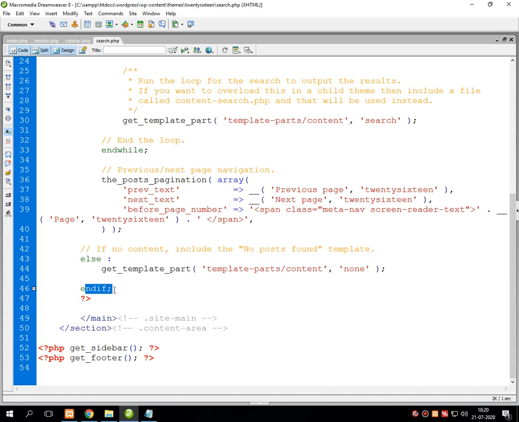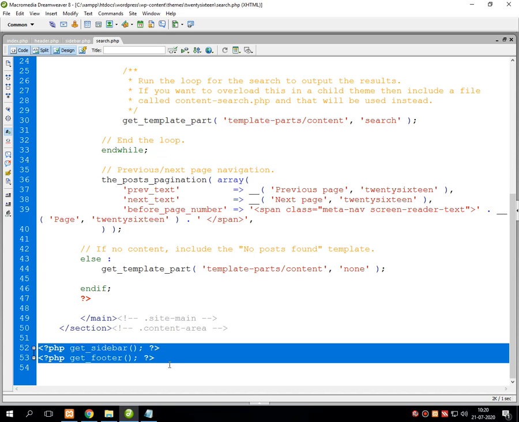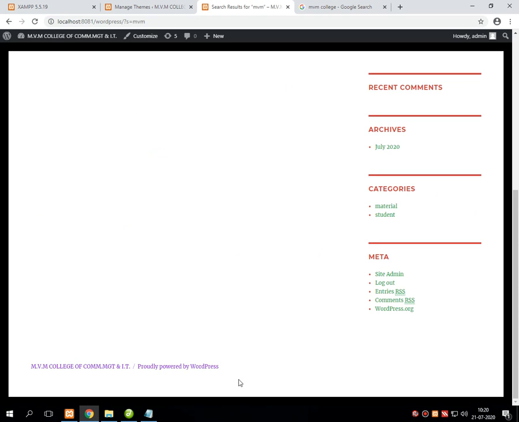And at last it gets completed, and these two lines of code will display get_sidebar for displaying the right-handed sidebar, and get_footer for displaying the bottom of the website, which is called as MBM College of Commerce Management and IT, or whatever the text is written.